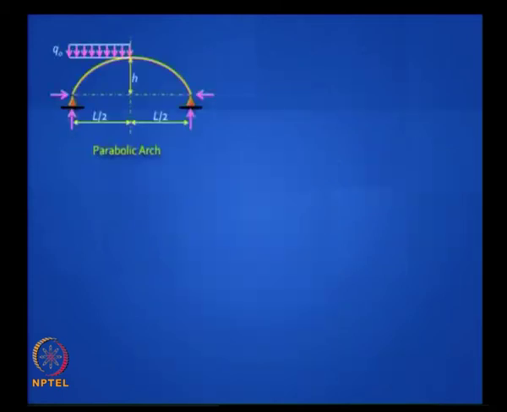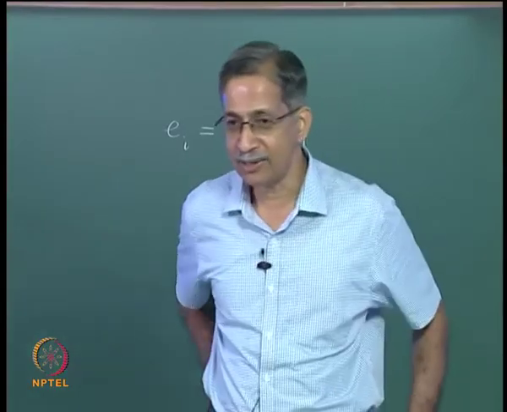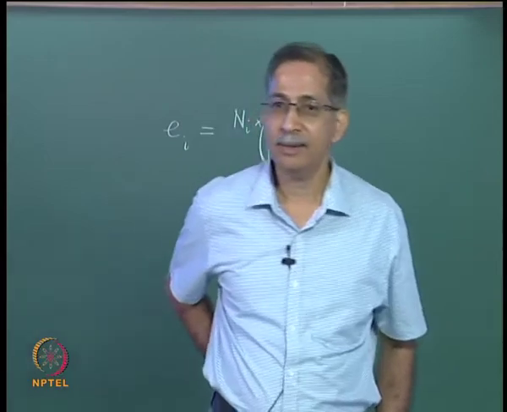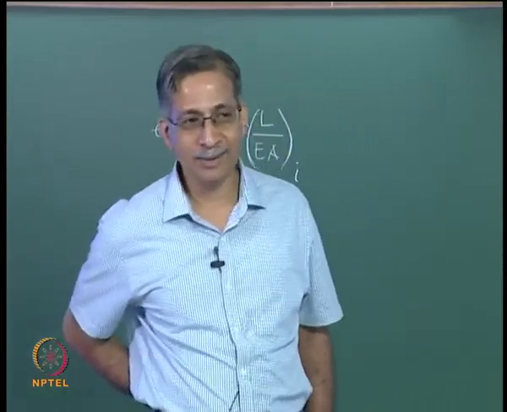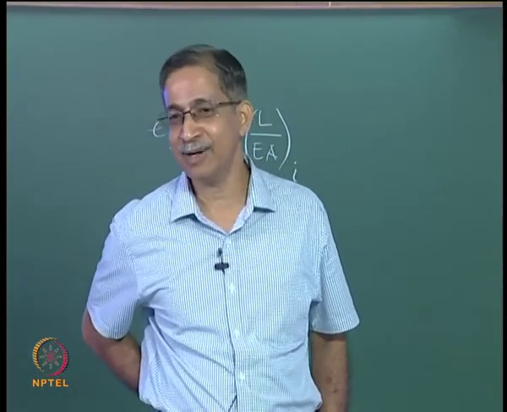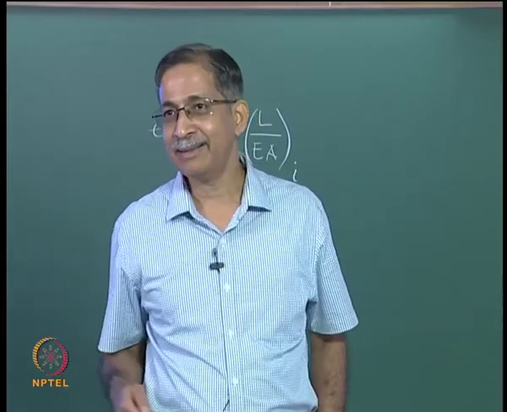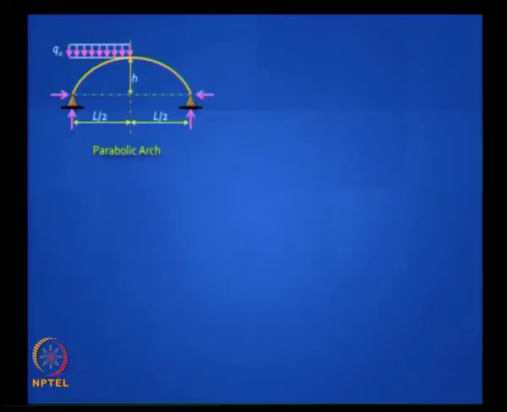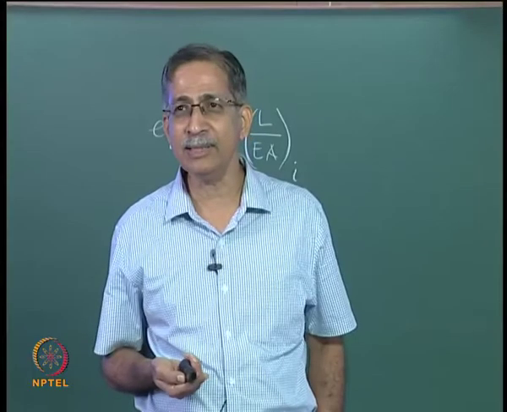For example, in this 2-hinged arch subjected to a distributed load on one half. Is this a funicular arch? No, because the bending moment diagram for this is not a parabola, but still can you say it is statically determinate? What is the horizontal reaction? The vertical reactions are known. Okay. What is the horizontal reaction?